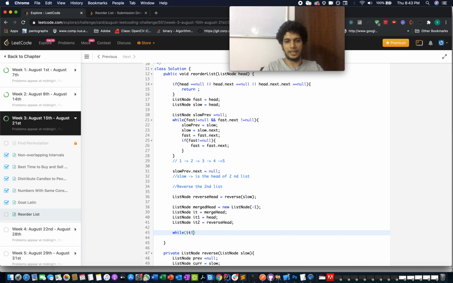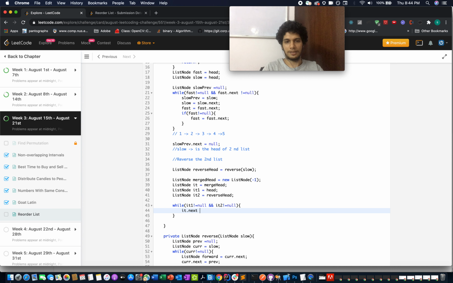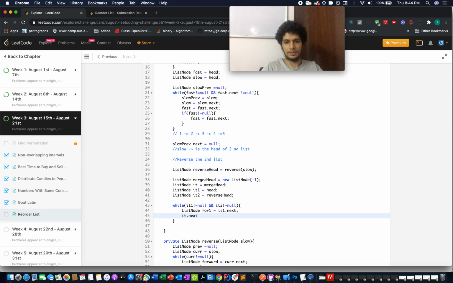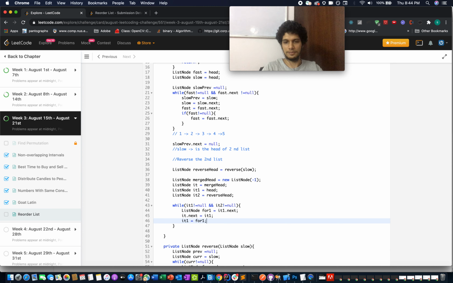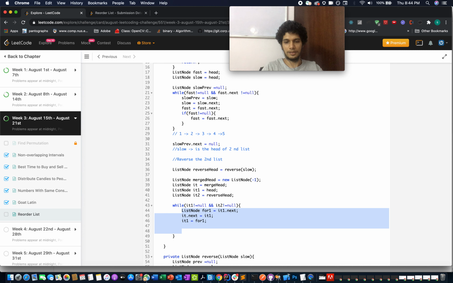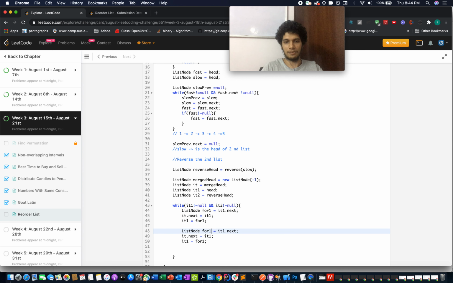While it1 is not equal to null and it2 is not equal to null, what you're going to do is store the forward pointers first, it1 forward and it2 forward. For one, it1 dot next, and what you're going to do is it.next equals it1, it1 equals forward one, and similarly you'll require the other forward pointers.